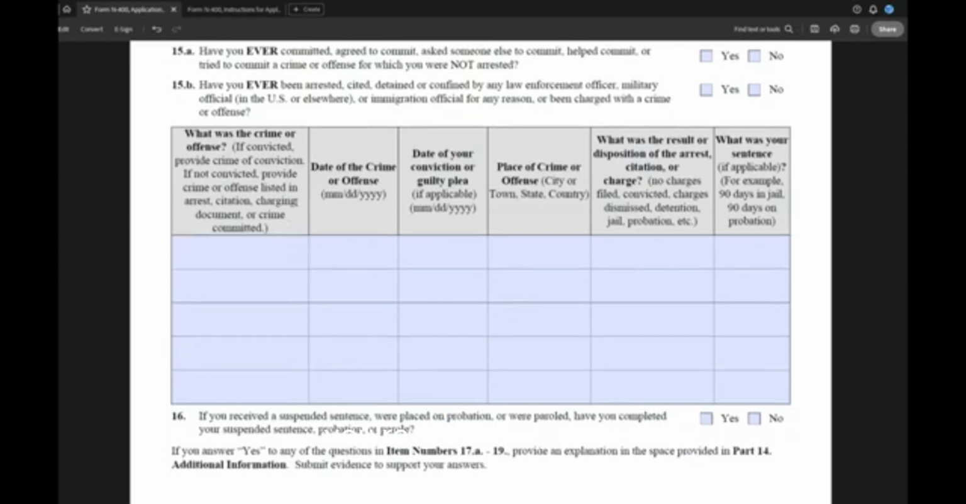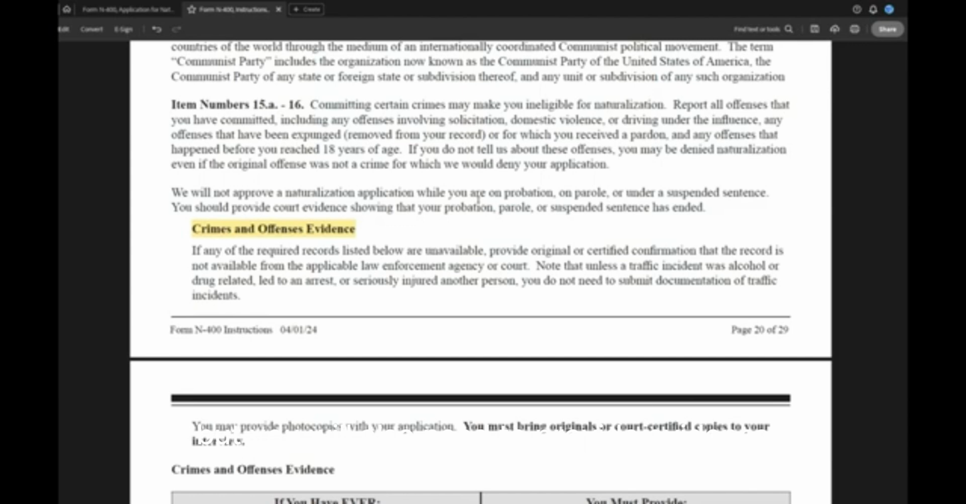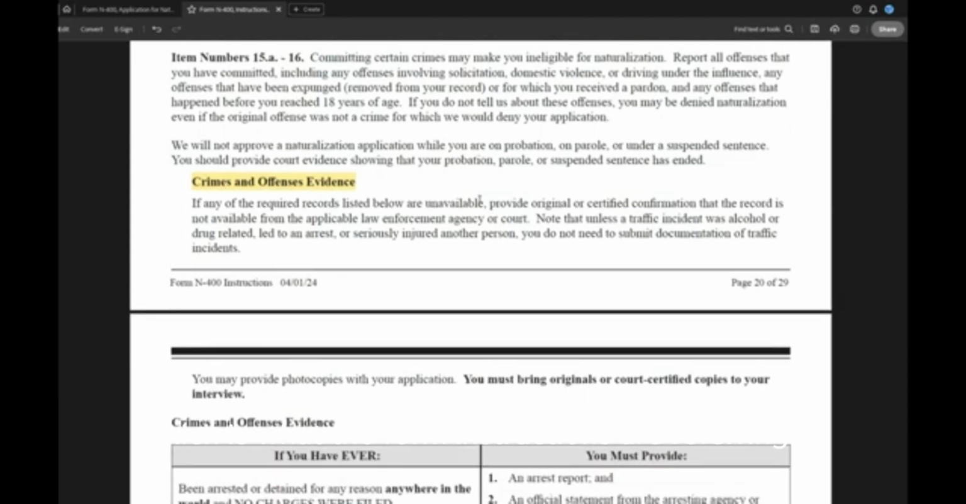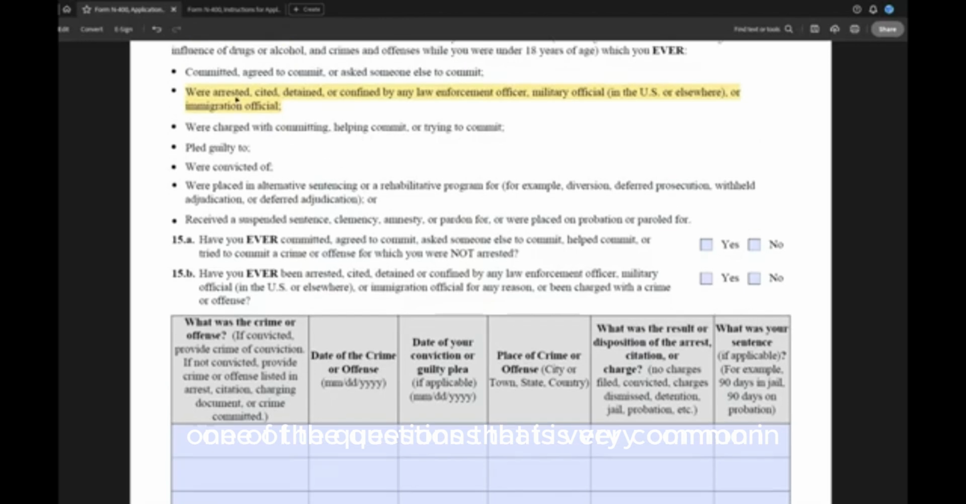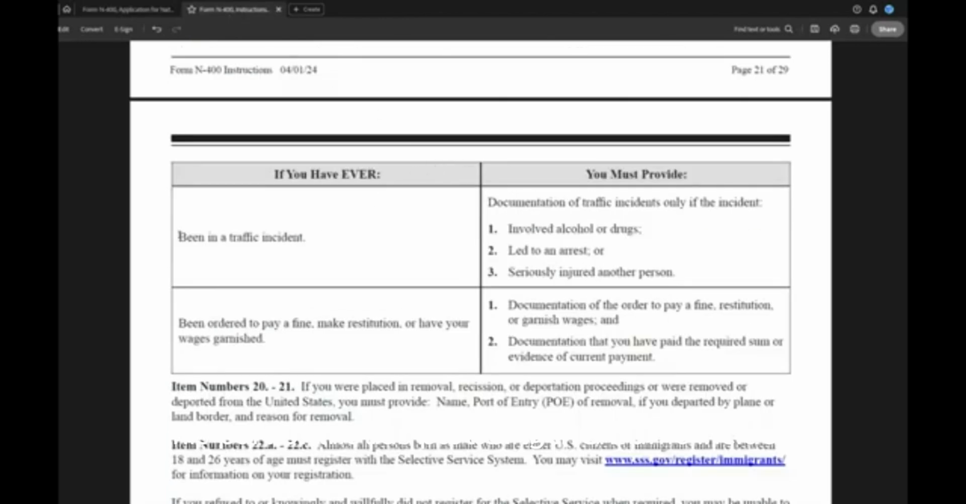You're going to provide details of those crimes in the table below, but you will also need to provide evidence, which is what the form instructions are referring to. One of the questions that is very common in this part of the form is being in a traffic incident. So you only need to provide documentation of traffic incidents that involved alcohol or drugs, led to an arrest, or seriously